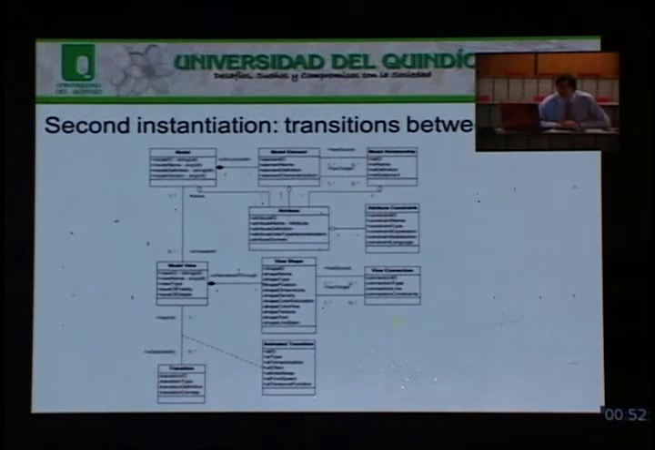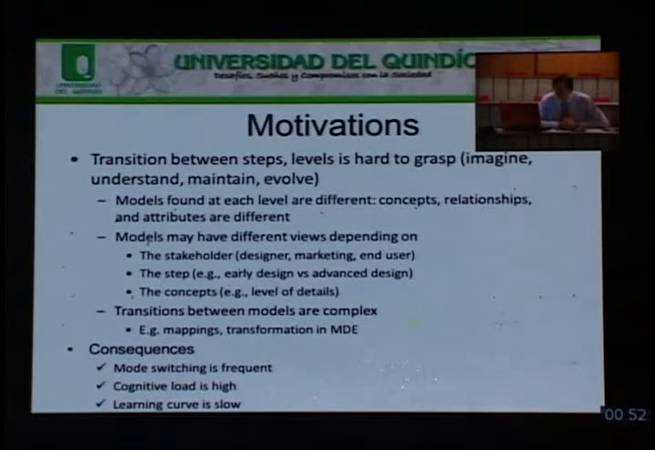A second instantiation is about transition between views. So again, you have here the UML class diagram that is behind that implementation, but I will not explain it here. The problem is the following: in any software development method you have different steps. You may have different models with different levels like concepts, relationships, attributes,